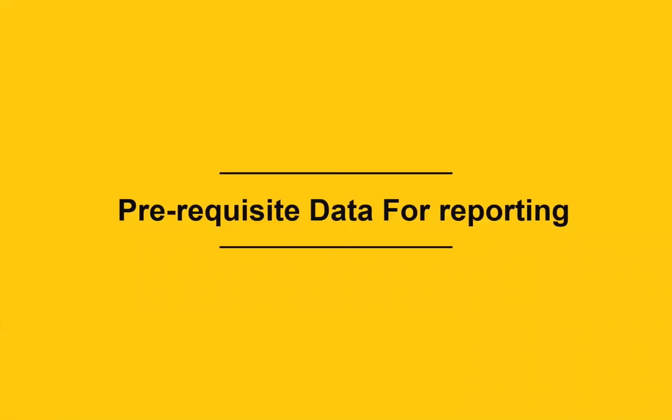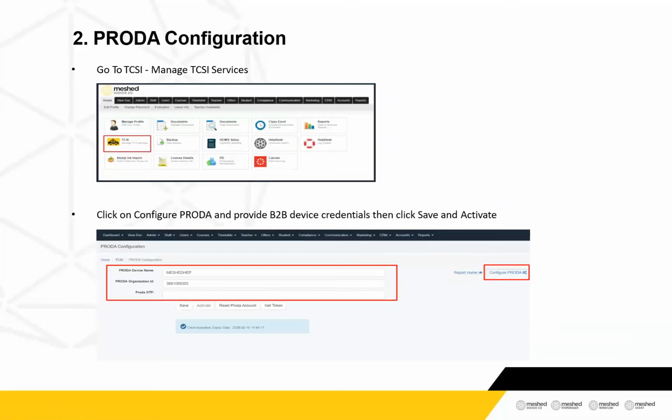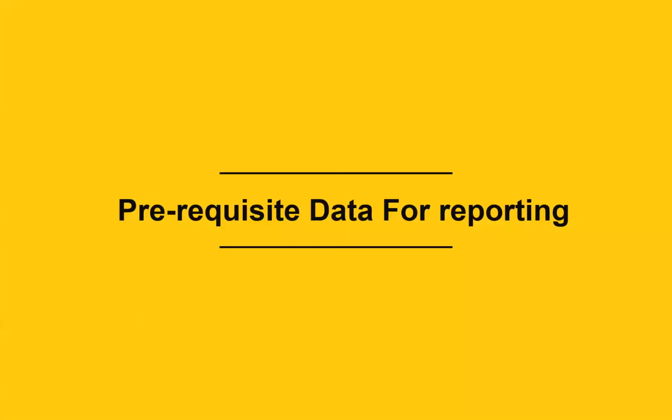Now that was about all configuration setup. So once you've done that, your TCSI feature will get activated on your Mesh platform. Now let's talk about prerequisite data that you will need to record on your Mesh platform before you actually start